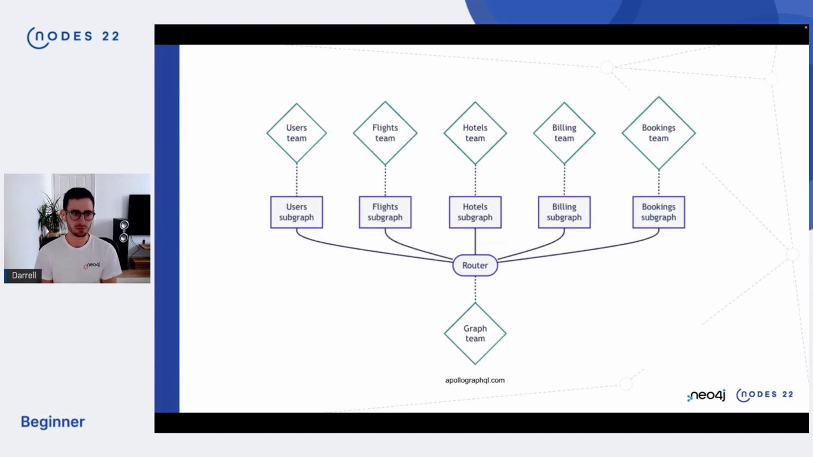The user's team owns the user's subgraph, etc. They're now all stitched together using a router, as Apollo now call it, with their most modern implementation of this gateway. And conceptually, this could be owned by some kind of graph team, some governance team,